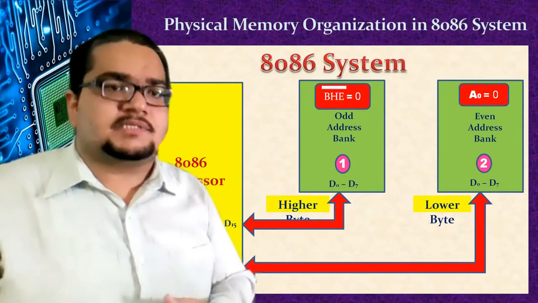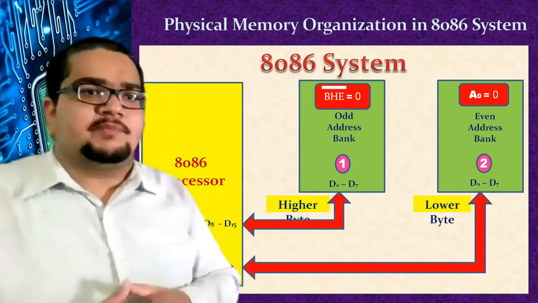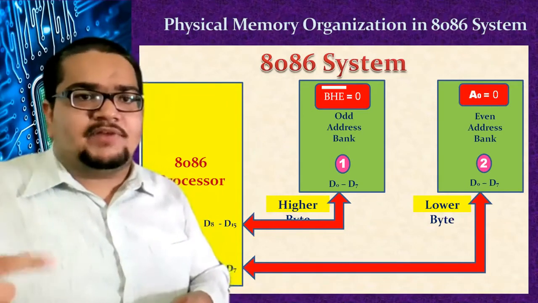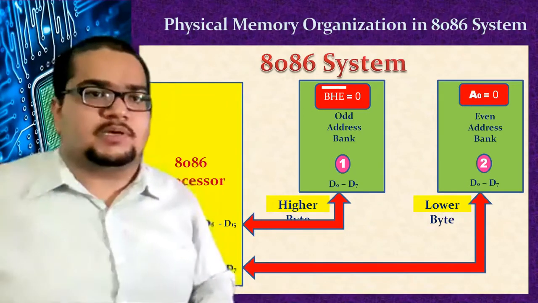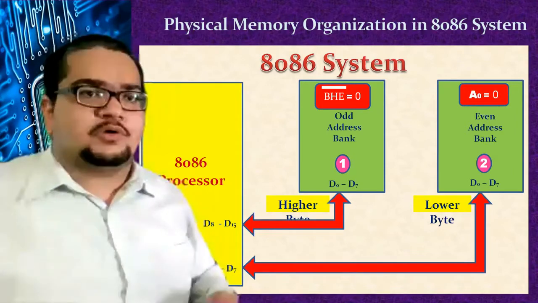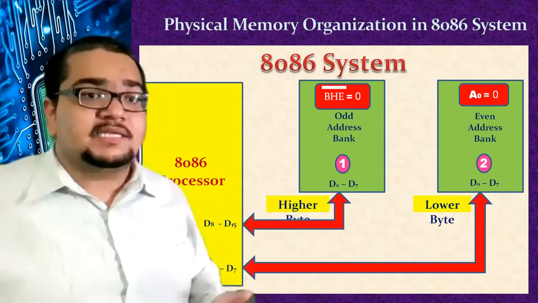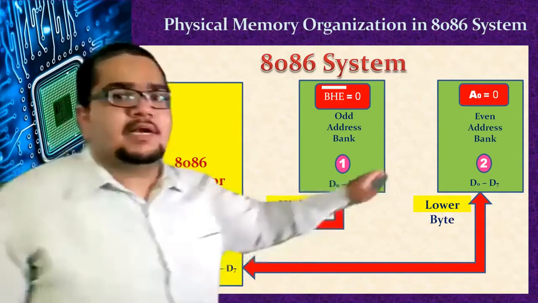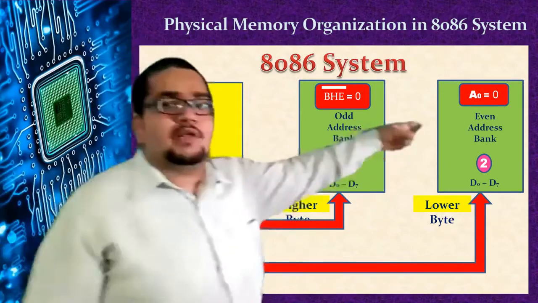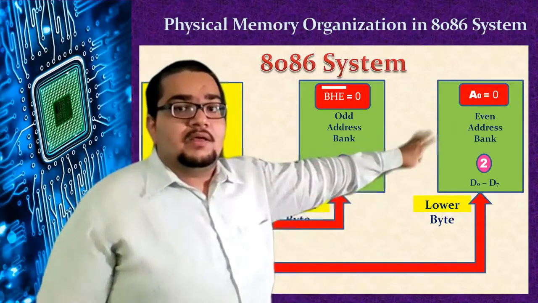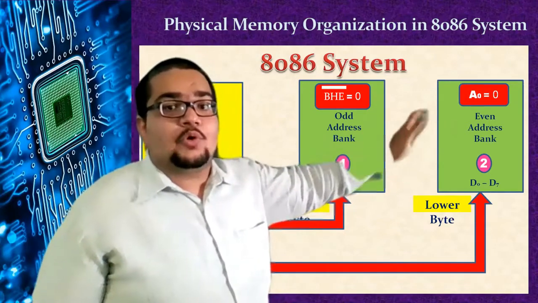Take binary numbers, at least some 10-15 binary numbers, and check: every alternate LSB bit will be changing, 0 1 0 1 0 1 0 1. So whenever the LSB bit is 0, the corresponding decimal number is an even number. So all even addresses are stored here, and we are selecting this particular IC chip with the A0 line.